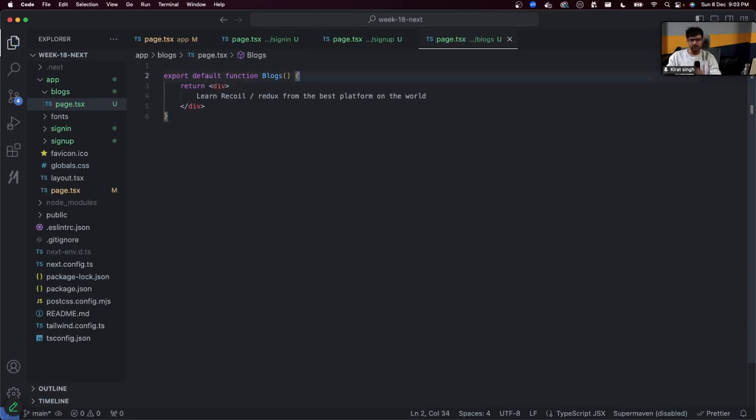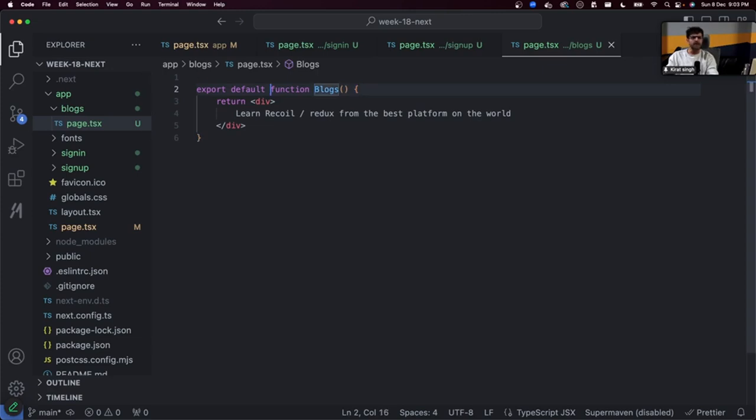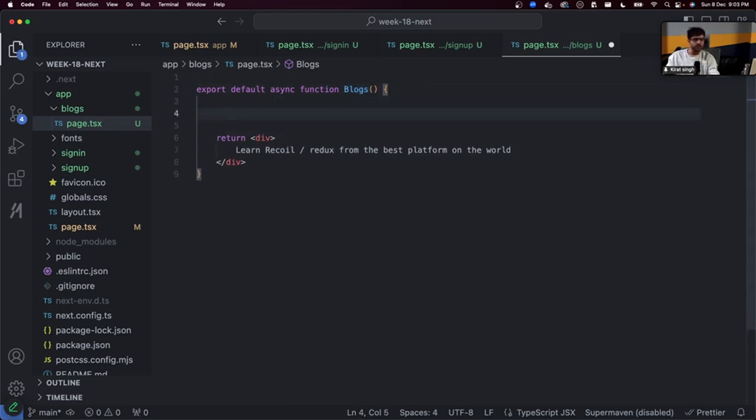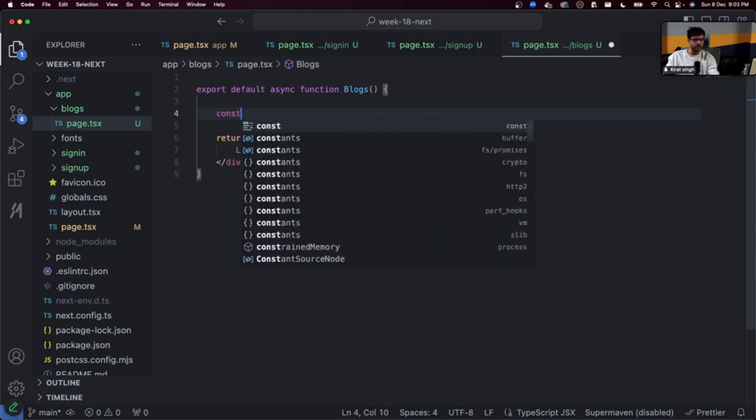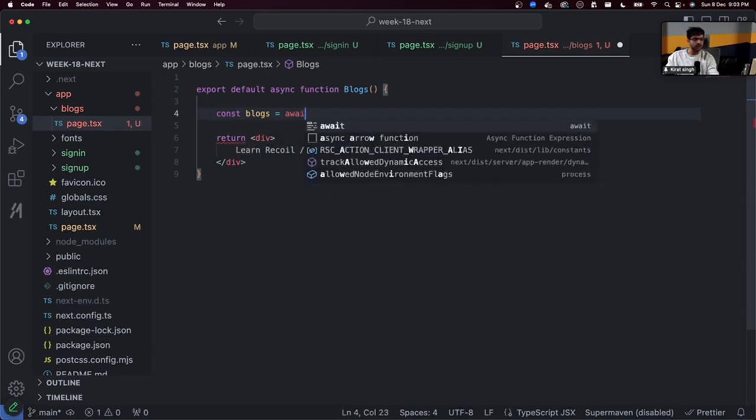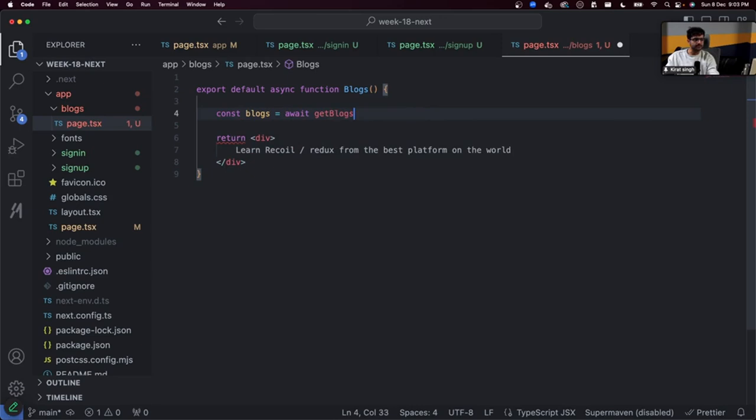And now I will introduce some things that are going to be a little confusing, but bear with me for 1 second. Let me make this function asynchronous. What have I done? This blogs component. We have never seen this be asynchronous, but you can do it in Next.js. These components can be asynchronous, and at the top of this component, you can write some code that looks like this. Okay? Const blogs equal to await get blogs,